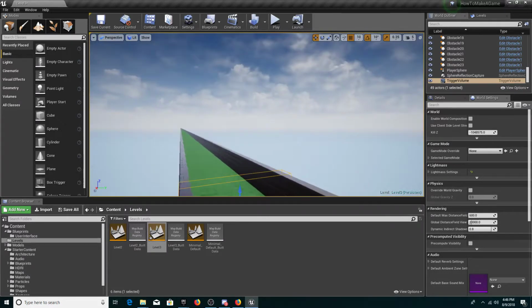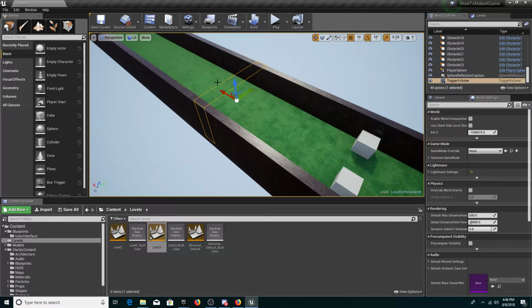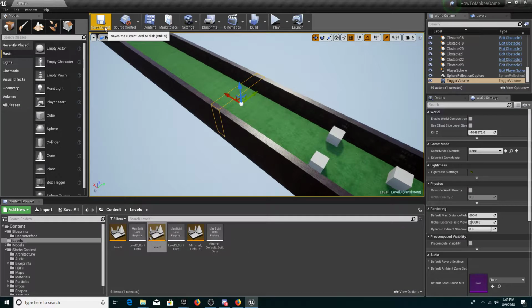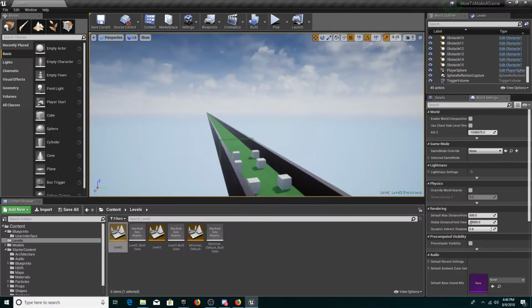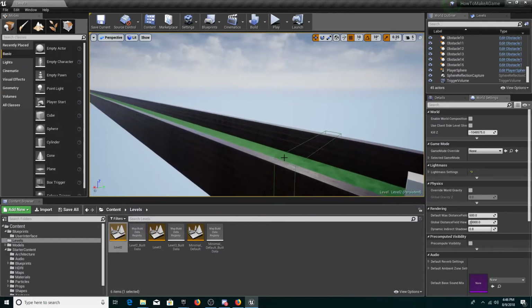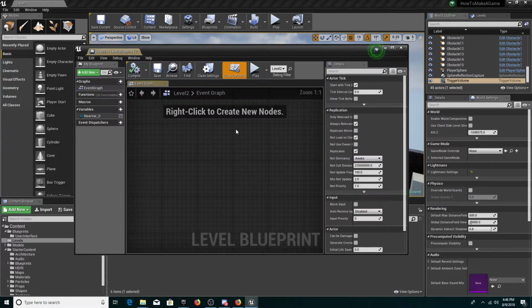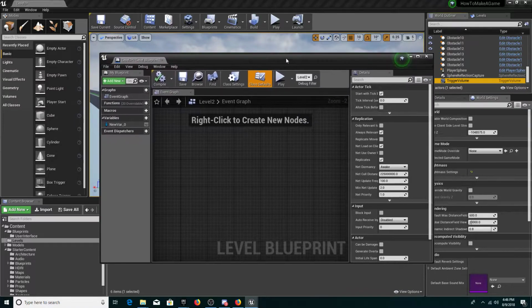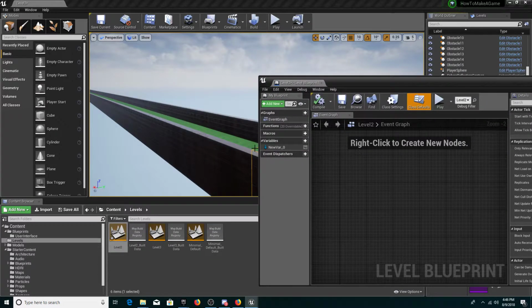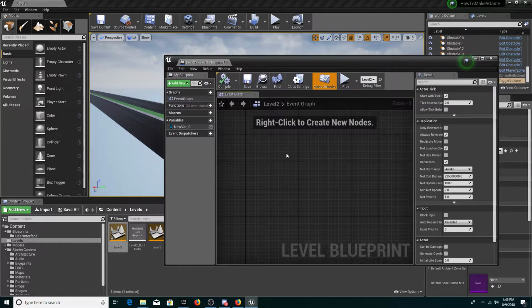That's gonna be fine, good enough. Let's make this a bit back. So let's save the current and go back to level 2, and now let's go back to our level 2 level blueprint. Just drag this a bit further back and go back to our level blueprint and open this up. Select our trigger volume again, either by clicking in the World Outliner or just like that, and right click and